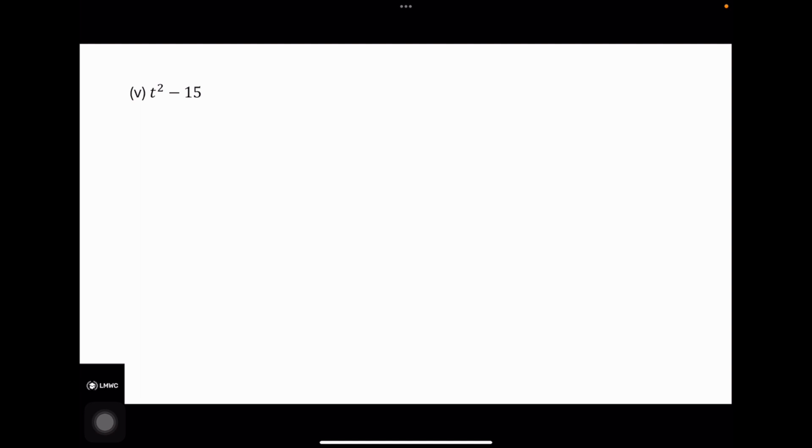So next question, again we have two terms. So here, again we are going to do the same way. Since we do not see a common from the first and the second term, here it is t and here it is 15. So variable also there is no common, and the constant also there is no common. So what we are going to do is directly say t squared minus 15